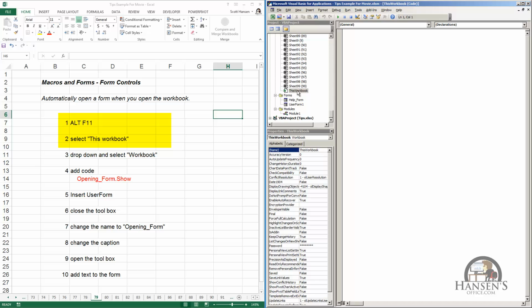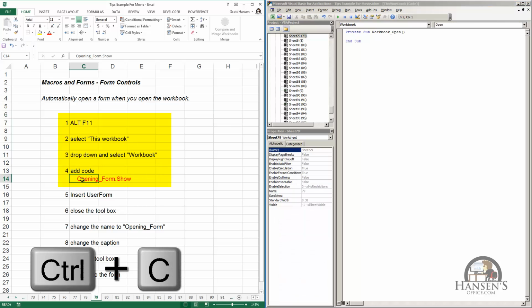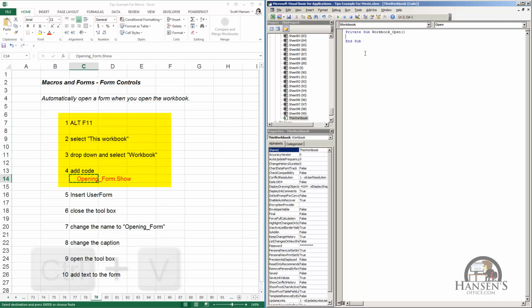Double-click that, and in this drop-down menu, select Workbook, and Excel automatically sets up a private subroutine called Workbook Open, which is exactly the subroutine that we want. And this is a subroutine that'll run when the workbook is opened. So there's all sorts of other actions that you can attach a macro to, but the default is when you open the workbook. So we're going to copy the code into that subroutine, which is to show the opening form,